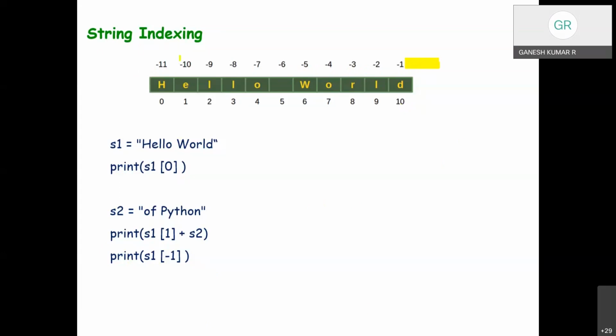So indexing is nothing but accessing a specific data element in the memory, which by default starts from 0 and is incremented from left to right.